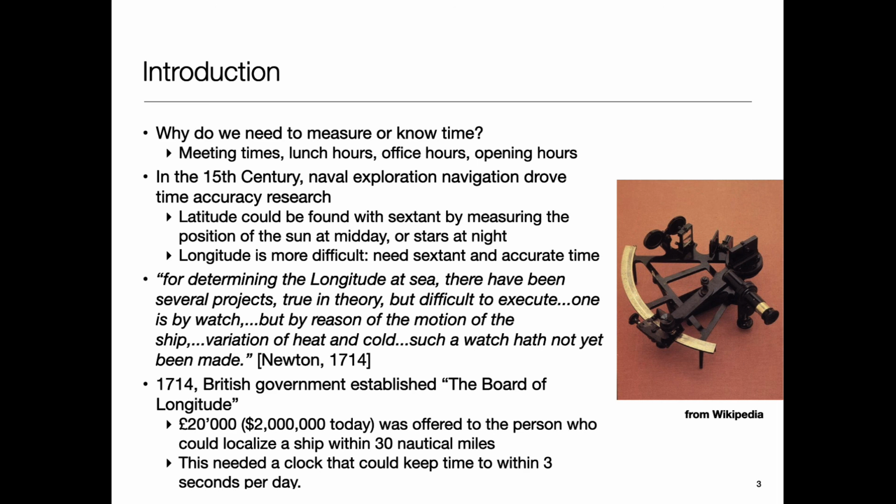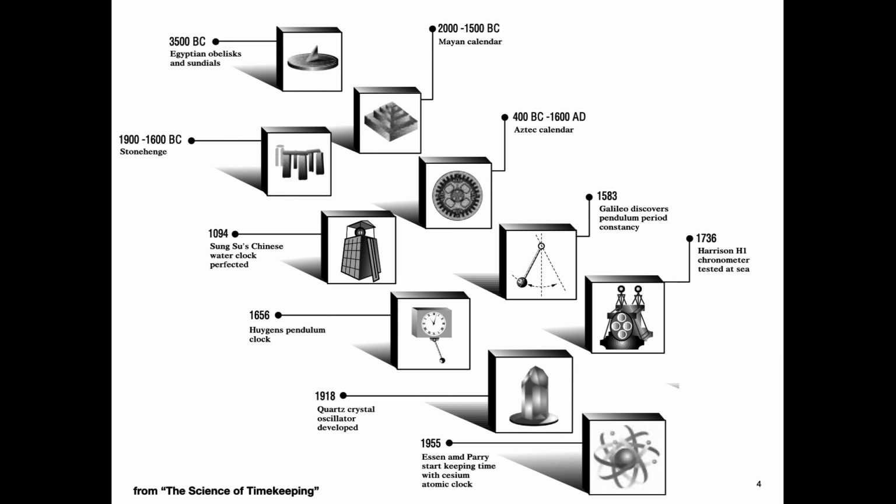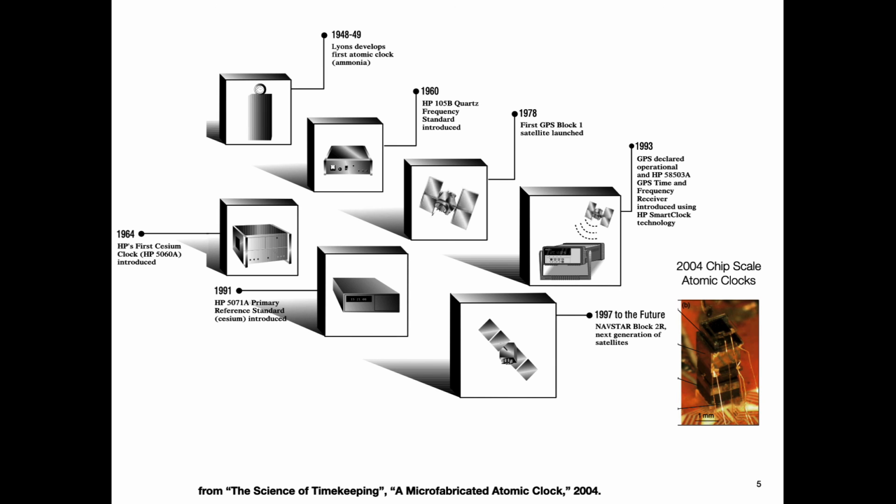Your missiles depend very heavily on it, the cellular system, GPS, right? They all depend upon atomic clocks and very precise timekeeping. Communication, energy management, all of these things, even our electrical grid, depend upon precise timing and clocking. So there's a long history from thousands of years BC all the way to the most modern things.